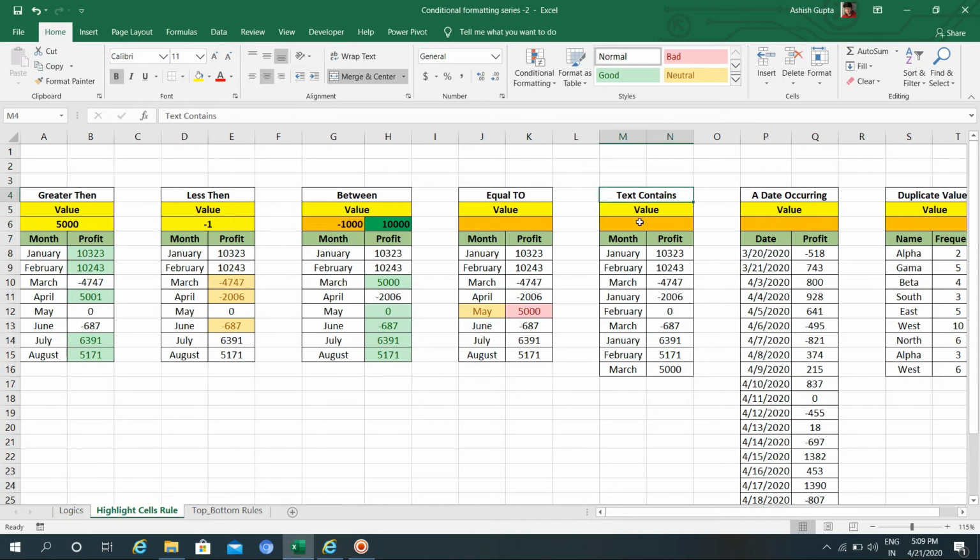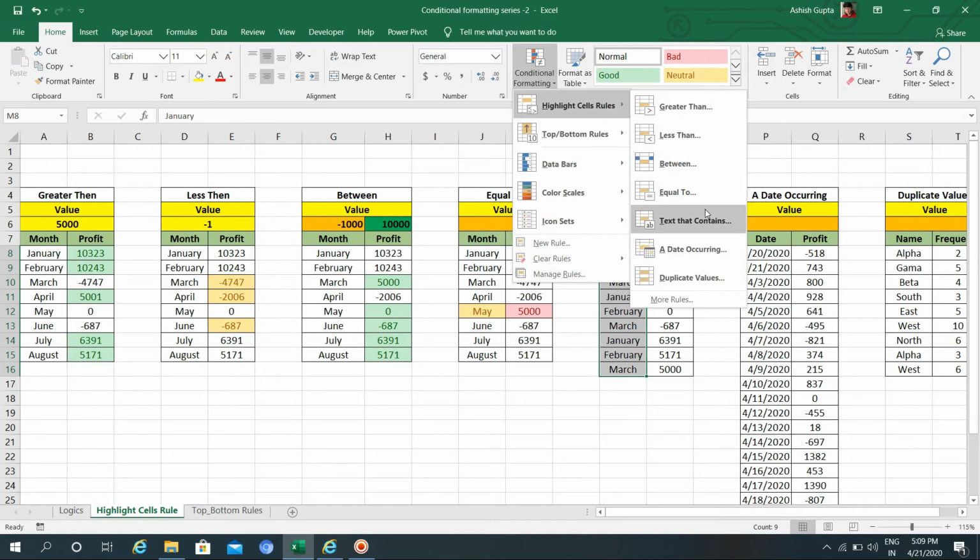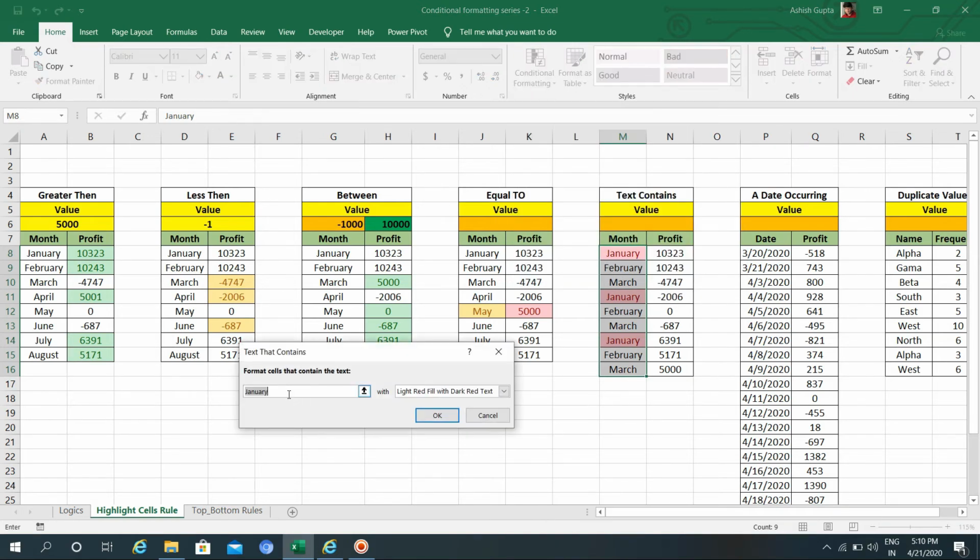Text contains. It shows that if any text contains the given value, then it will highlight in the selected area. Because it's text contains, it will highlight only text values. So I will select this value, go to conditional formatting, highlight cells rule, text contains. If I say January, then it will highlight January.